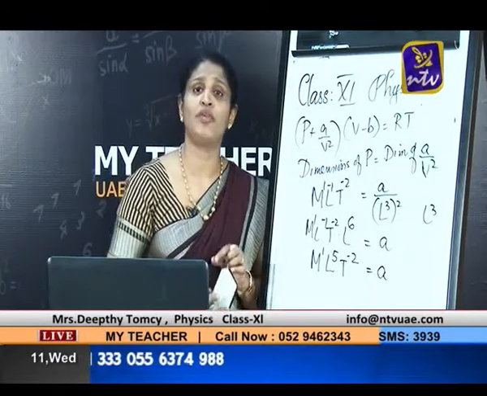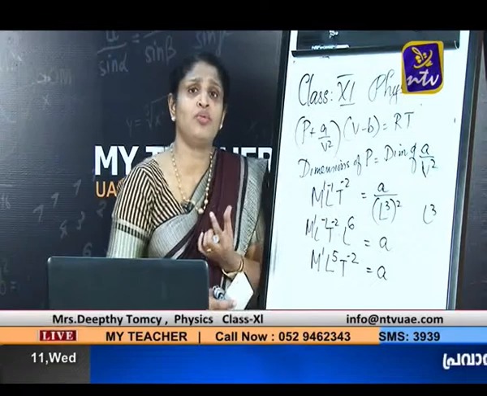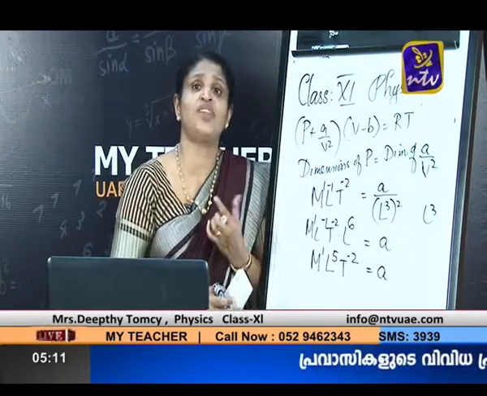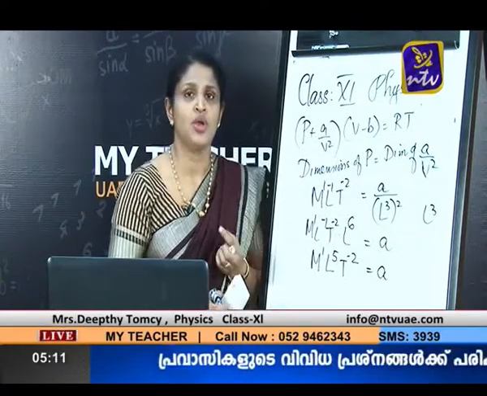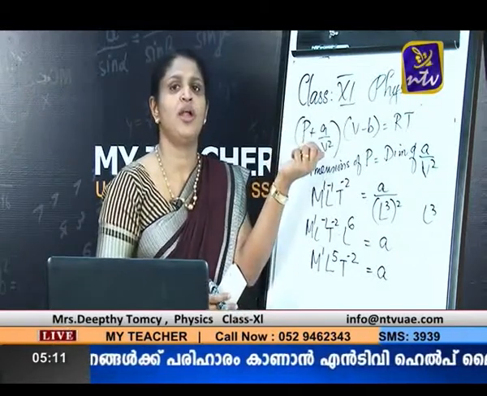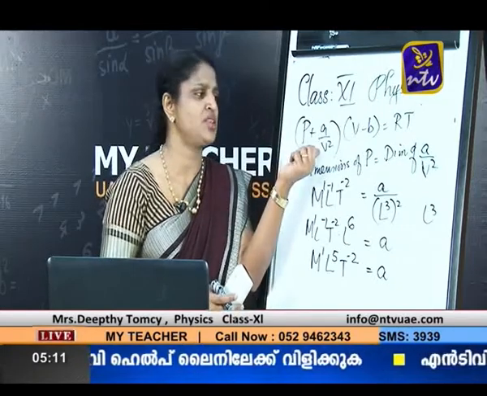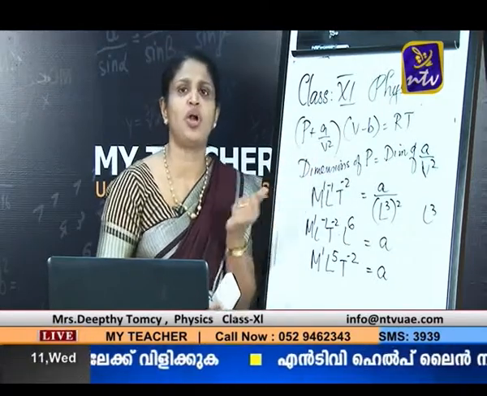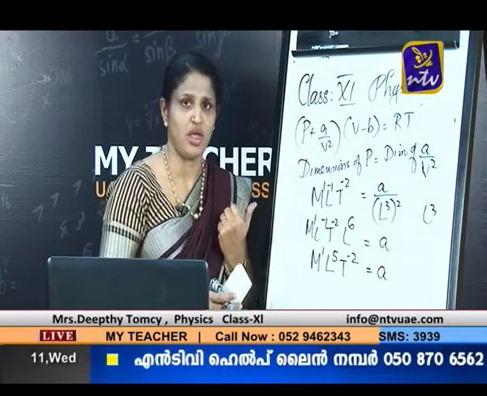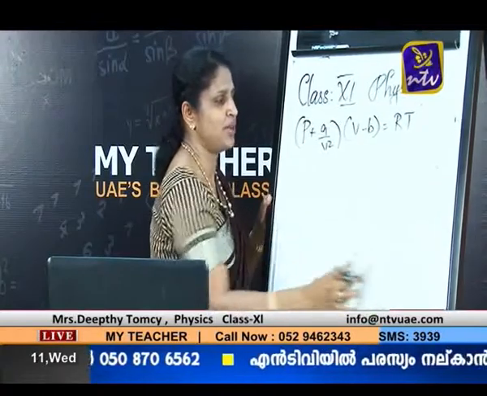Thus we can easily find the dimensions of a because we can add only two physical quantities of the same kind, same unit or same dimensions. Using this concept we have equated the dimensions of pressure with dimensions of a/V². P stands for pressure and V stands for volume. This equation is called the universal gas equation. And similarly we can also find the dimensions of b.